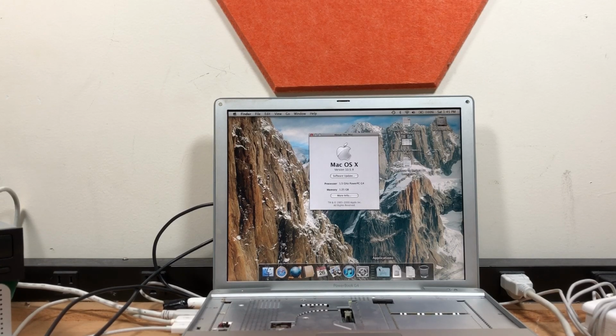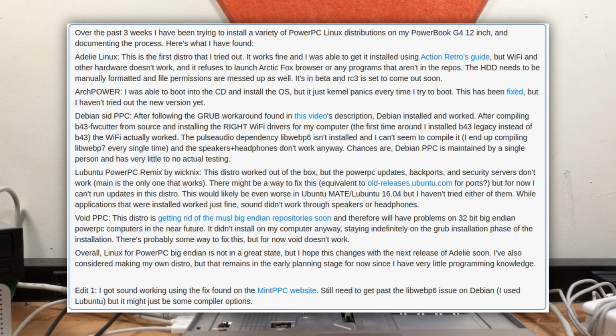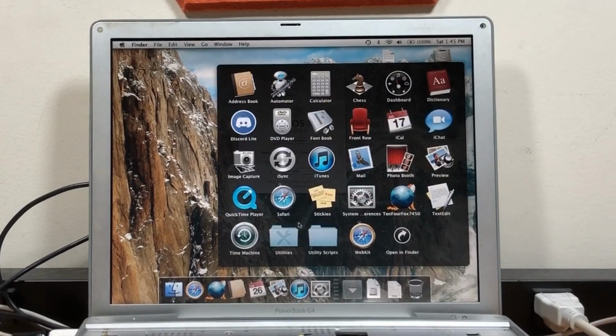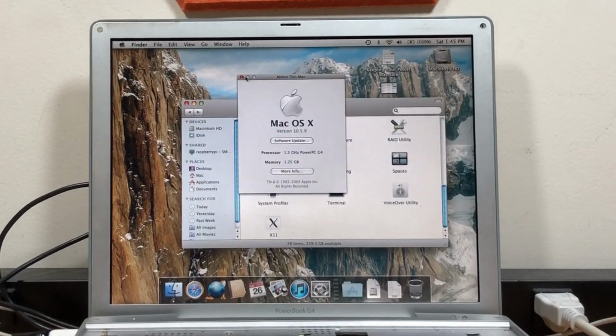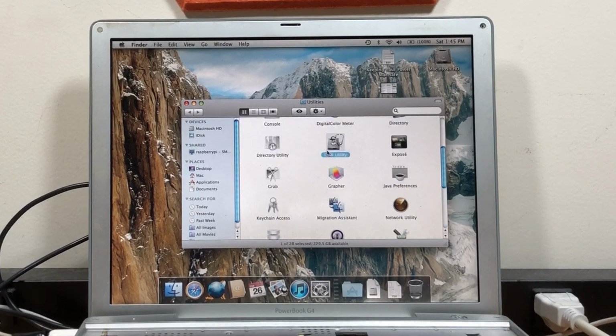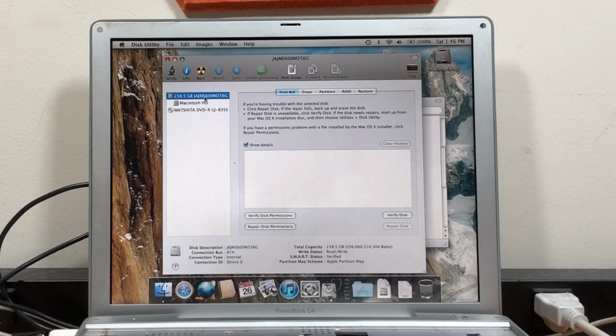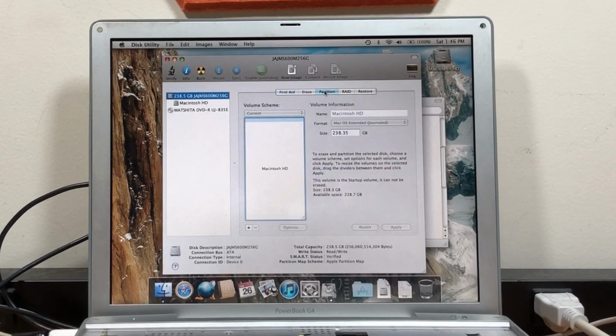So I've done a whole bunch of off-camera testing of Linux distros, and I've written all of that up into a Reddit post, and I'll show it on the screen right now, but you can check the Reddit post, it's linked in the description. So the first thing I want to do is head over to the Applications folder, and then Utilities, and head on to Disk Utility. And this is how we're going to partition the disk to, hopefully, theoretically, this should work. I've also installed an SSD, I forgot to mention that, as you can see by the larger capacity.